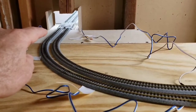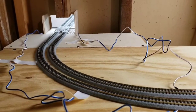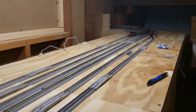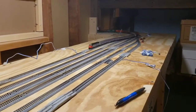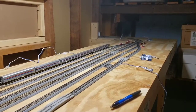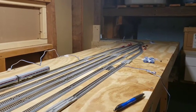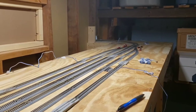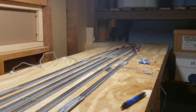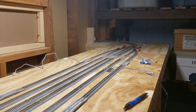Right as it gets on this side of the wall, I want to put number 6 this way and that way, and I'm going to connect them up over there with tracks 1 and 4 out of the Brownsville station, and that's going to be the beginnings of the north-south staging yard. So that's the next step. I've got to figure out how much track to buy, so it'll be a little bit before that shows up. So we're going to take a little break, and we'll get started on it as soon as the new